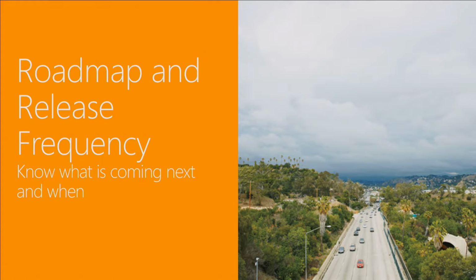Now, we've talked a lot about what we do today. How do you do it? How do you buy it? How do you try it? Now, let's talk a bit about our roadmap, how fast we release. We talk about releasing monthly, like I said in a statement, this was a monthly release. Do we do that actually? So let's understand what types of releases we have.